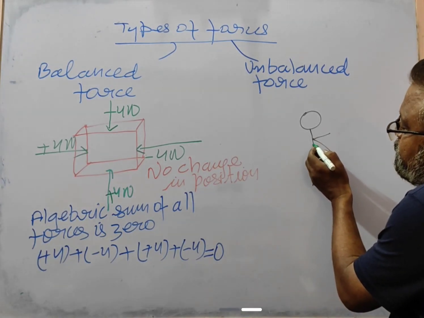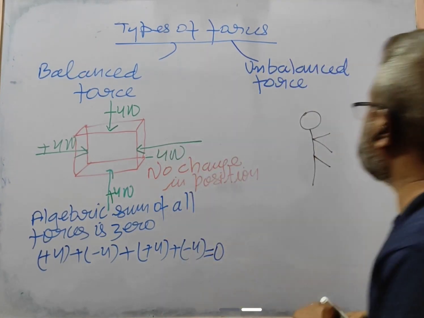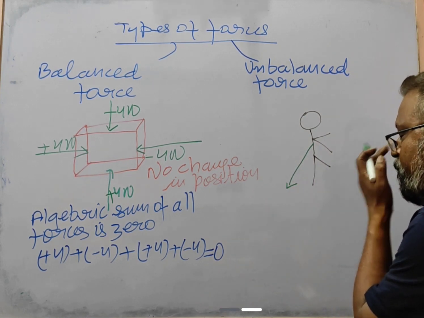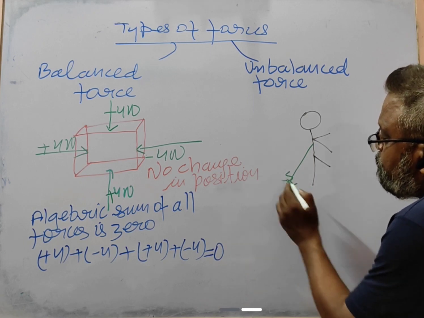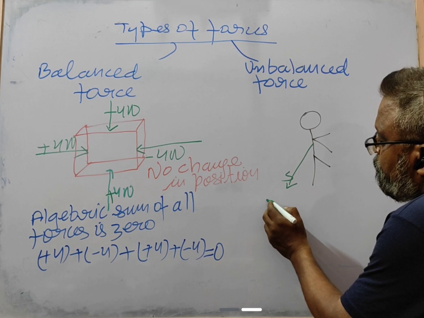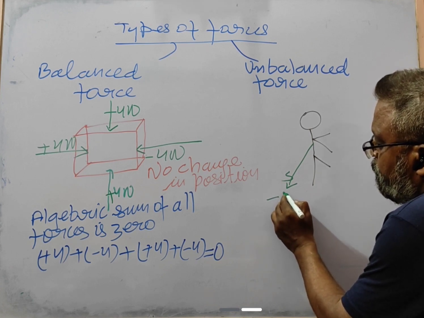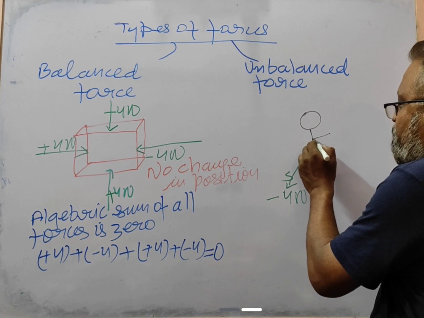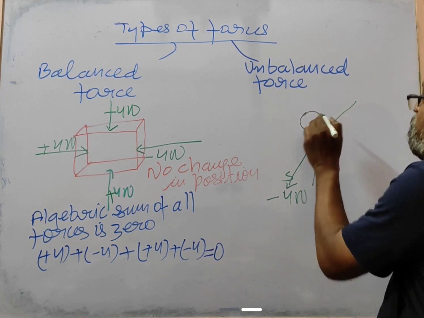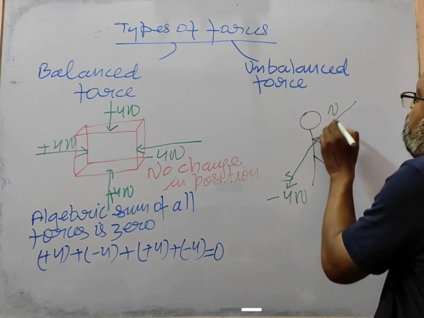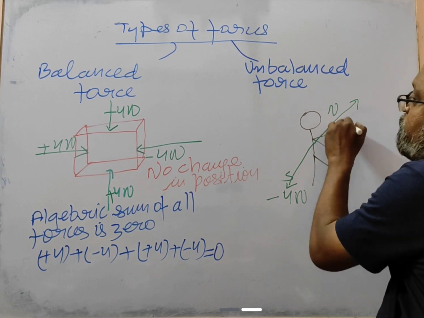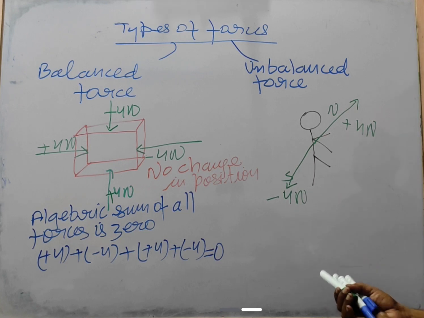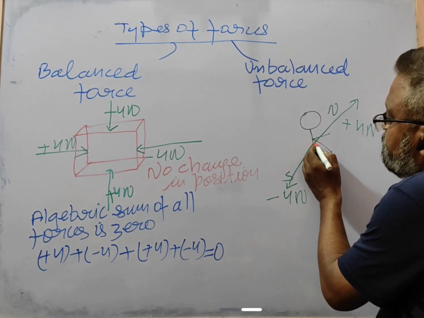And one girl is another student stretching it towards the south. South is negative, so she is moving it in the direction of minus 4 Newton, stretching, right? And another student is stretching her towards north with plus 4 Newton, right, plus 4 Newton, and then the next girl is stretching her